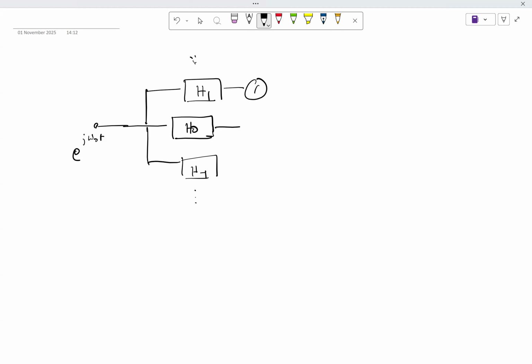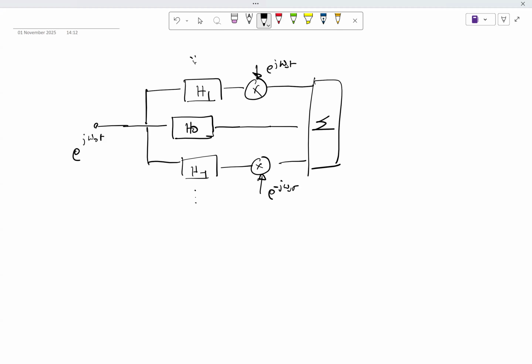And you multiply each path with its corresponding harmonic number, e to the j omega s t, e to the minus j omega s t. Here, obviously, it was multiplied by 0, so it doesn't make any difference. And you add them up. So this is nothing but summation of h_k(j omega naught)